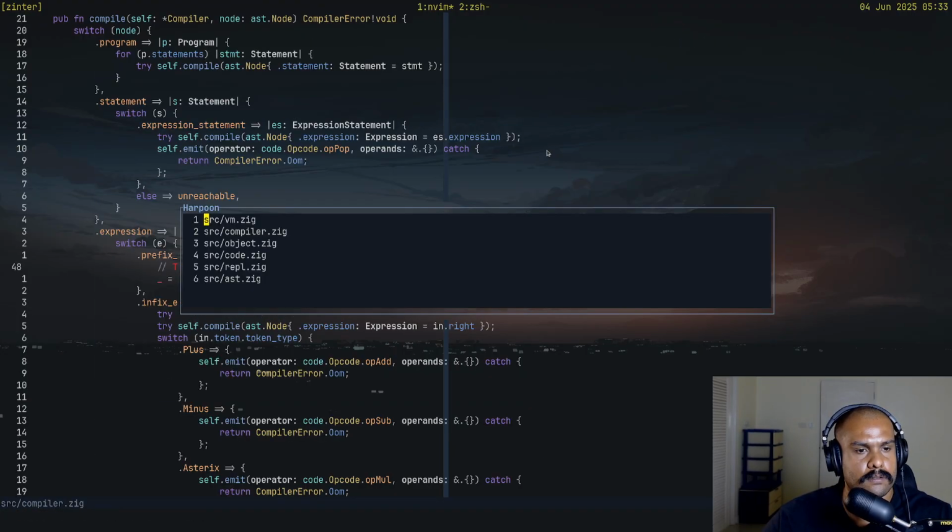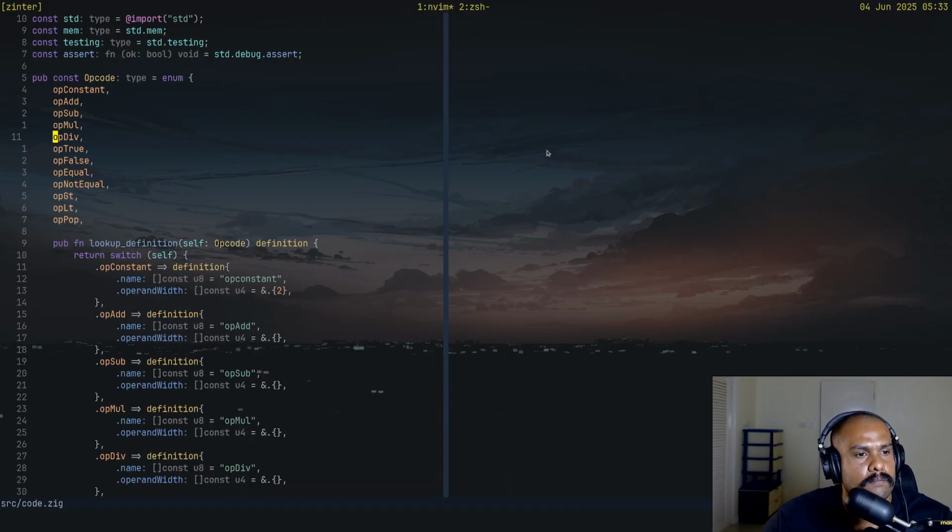And something else. Don't need the opcode. Inject fine. Because I need to